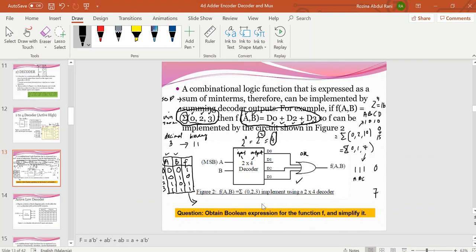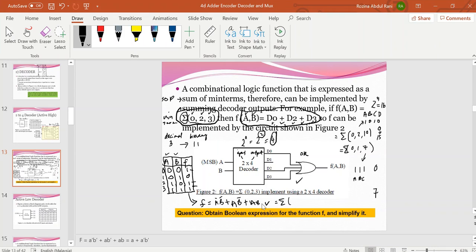Okay, so f is equal to, you need to consider only output 1. So f equals a bar dot b bar plus a b bar, plus a bar a b. Okay, so this is also equal to